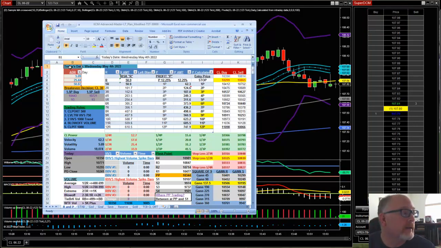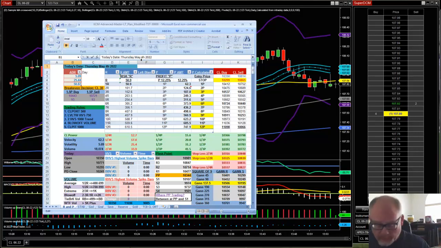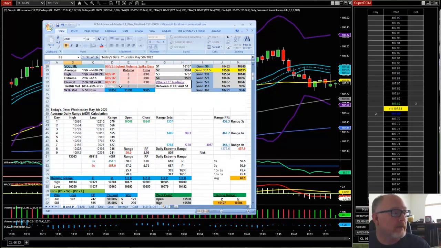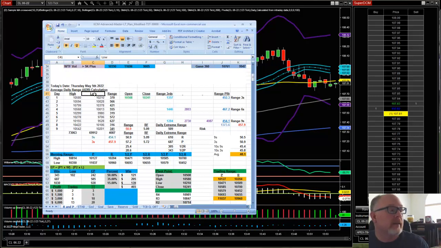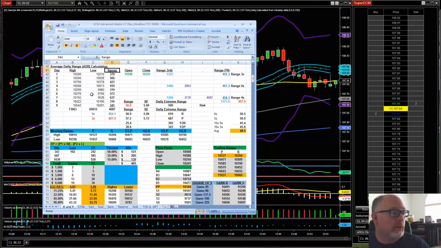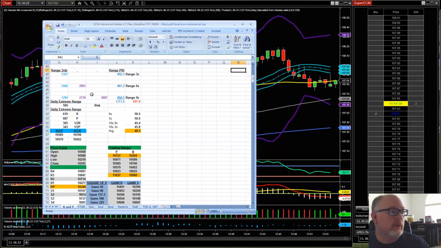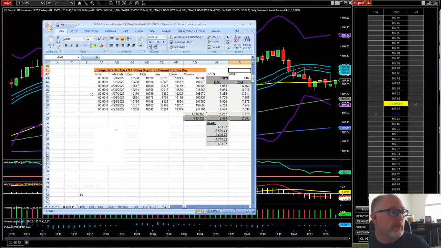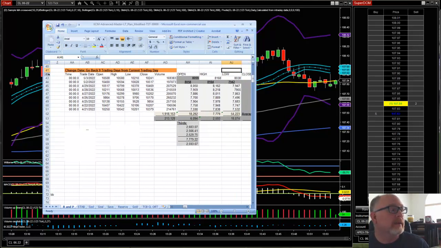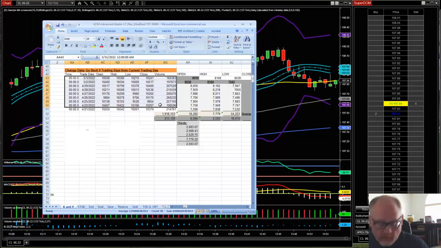I thought I would go ahead and do this again for you: how I update my spreadsheet when I'm getting ready to trade. Today's a very simple day for me. I don't really have to do anything, but I want to show you again what I do to set up my day. This sets up all the formulas that pull from the data on the spreadsheet. Pivot points and whatnot, everything, Square of 9. What I rely on mostly is the ADR formula, and this